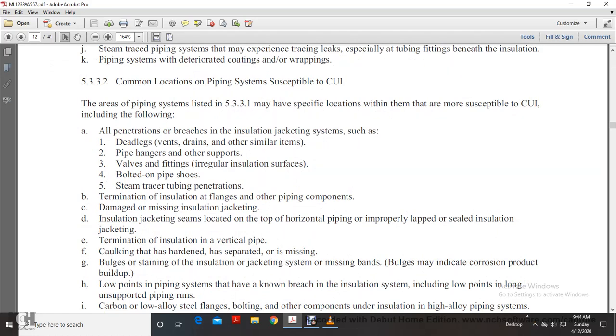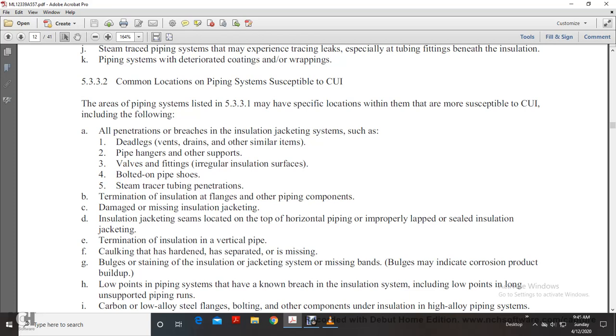The areas of piping listed in 5331 may have specific locations that are more suspect for corrosion under insulation, including the following: all penetrations or breaches of the insulation jacket system, such as dead legs, vents, drains, and other similar items; pipe hangers or other supports; valves and fittings; irregular insulation surfaces; bolted-on pipe shoes; steam tracer tubing penetrations;